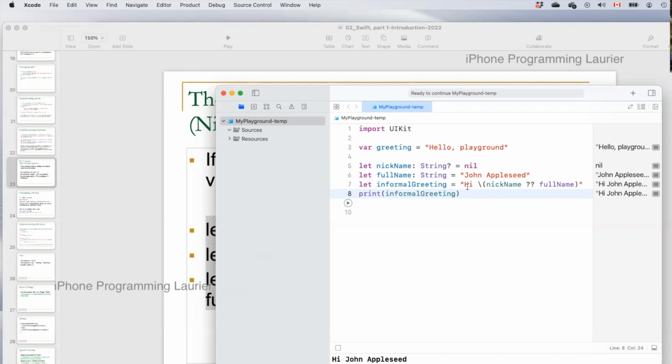So let's look at this string here, "Hi," and then I interpolate the value of nickname, right? If the nickname is nil, then the value of this is the full name. But if the nickname is not nil, then I just get the nickname and not the full name, because I want an informal greeting. So let's see, say this person is